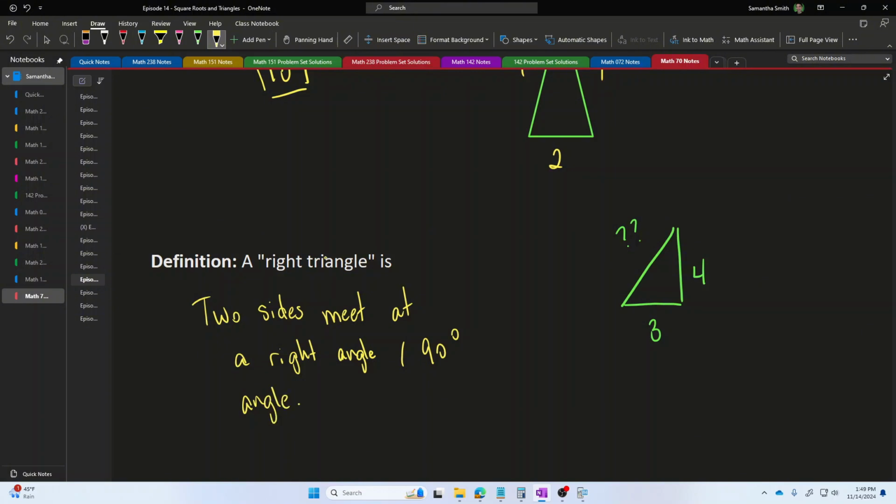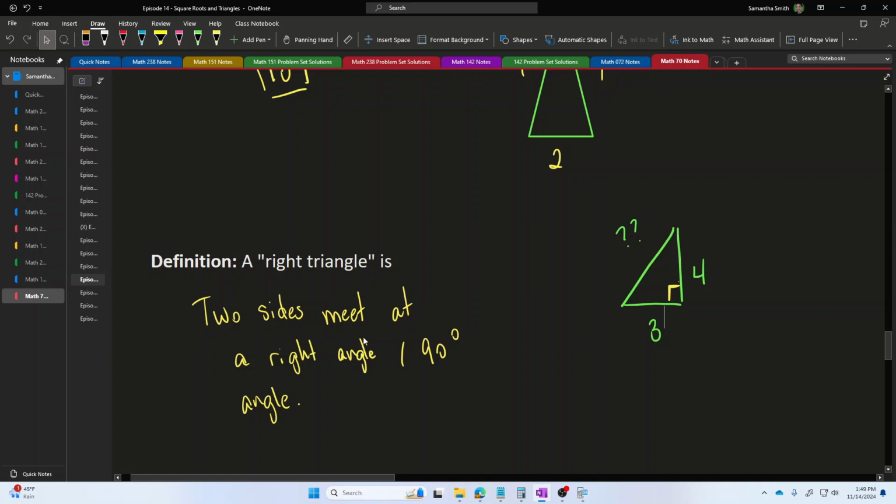For example, in this picture, the vertical side here on the right and the horizontal side here on the bottom meet at a right angle. They make the same kind of angle as north and west. One of them is pointing straight up, and one of them is pointing to the left. They are at a 90-degree angle. They are at a right angle.